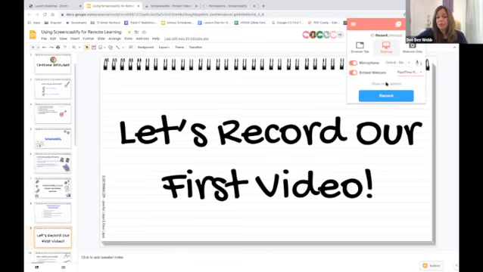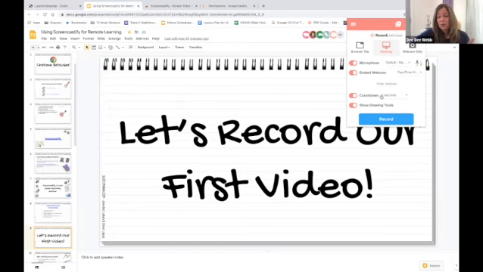Okay, so another thing I want to show is where it says show more options here. Sometimes people don't look at that, but honestly, I think it's pretty important. So this is where it gives you a countdown to do your recording. And whenever I first started recording my lessons, you have options here. So you have 3, 5, and 10 seconds. And I always did 10 seconds because I was just a little bit nervous about getting started.